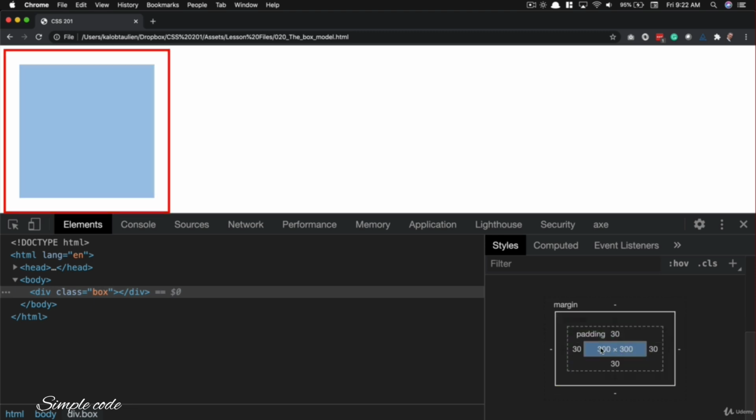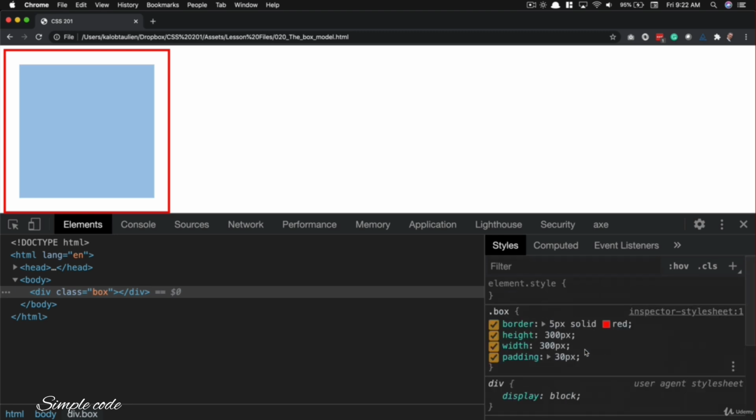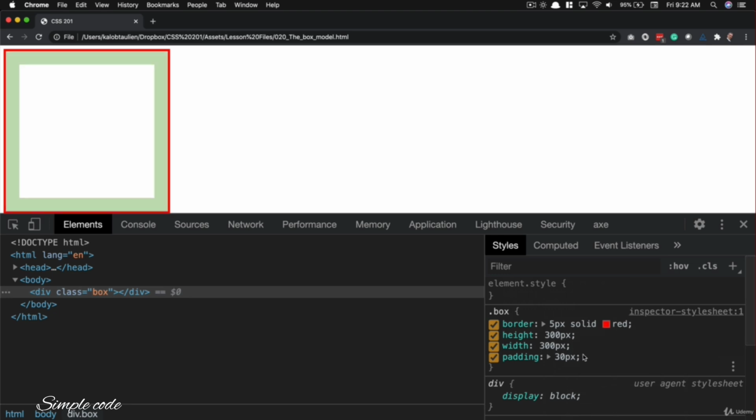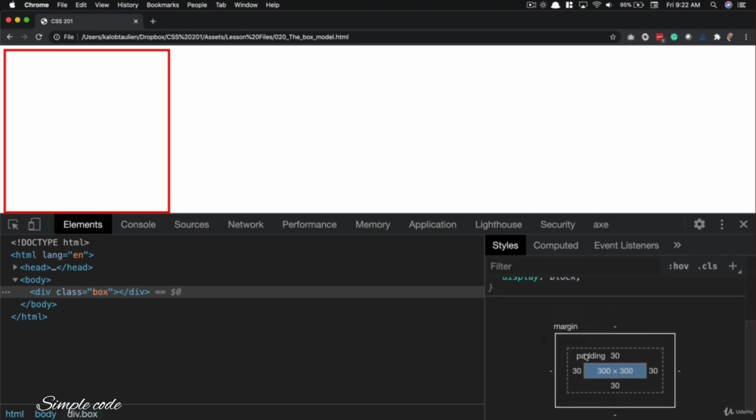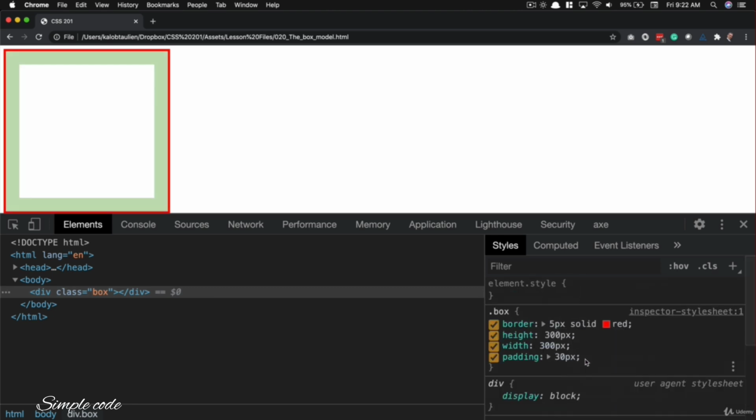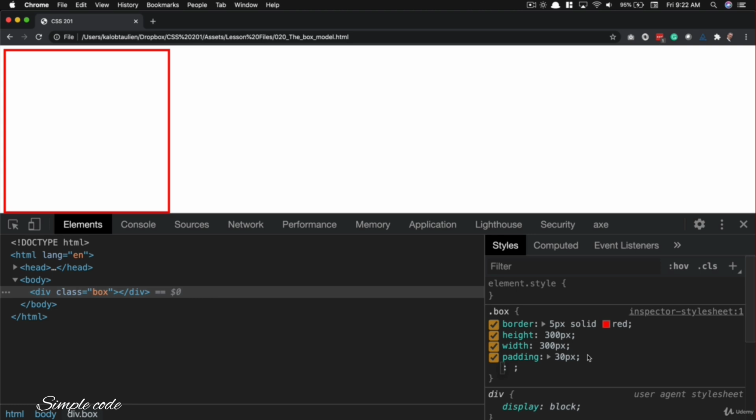Now, sometimes that's what we want, but for the most part, that's not what we want. What we want is to say, make the whole thing 300 pixels wide, or 300 pixels tall, and that includes the padding. So by default, the box model, what we're looking at here, does not include having padding, does not include having margin. So what we can say